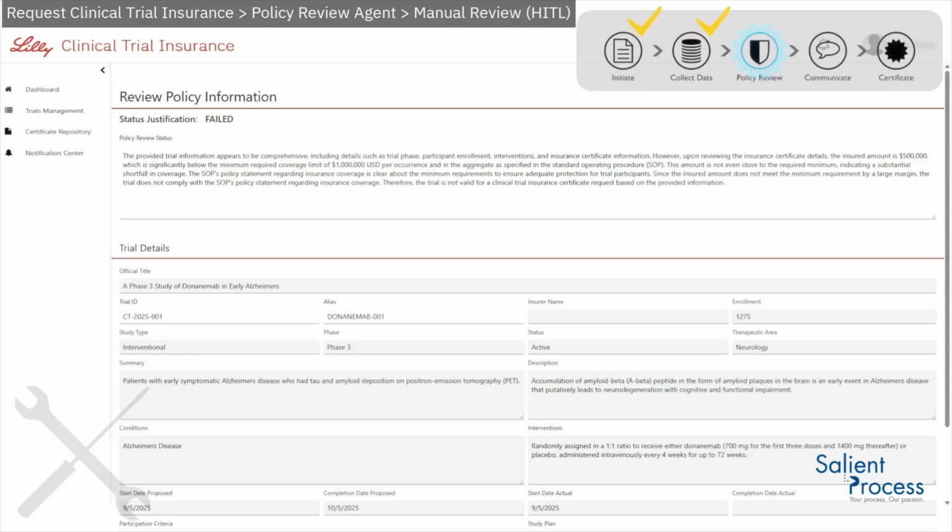And this is the interesting part. And here's what it says: the provided trial information. It says that the status justification failed, and this is something that the LLM provided here, right? Based on that RAG lookup, the provided trial information appears to be comprehensive, including details such as trial phase, blah blah blah. However,